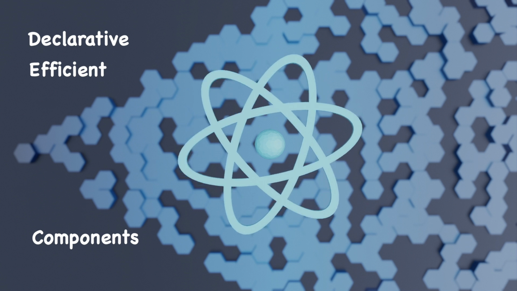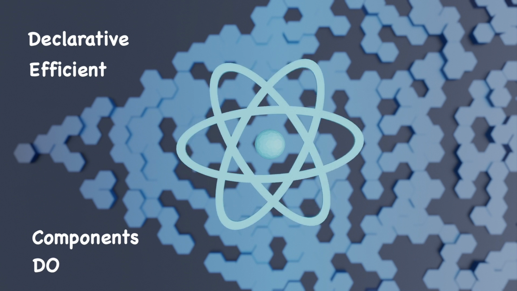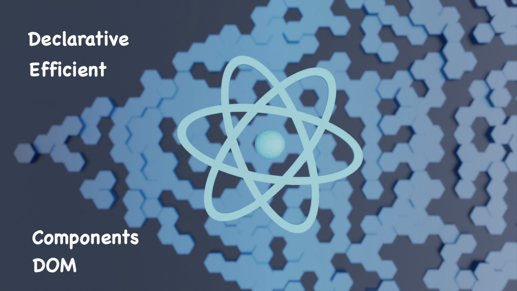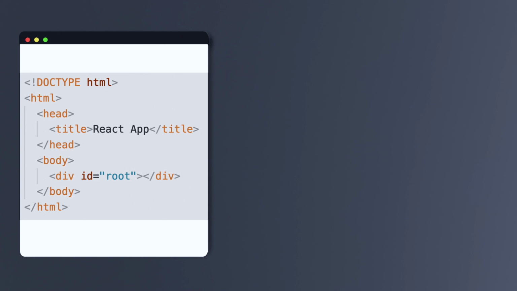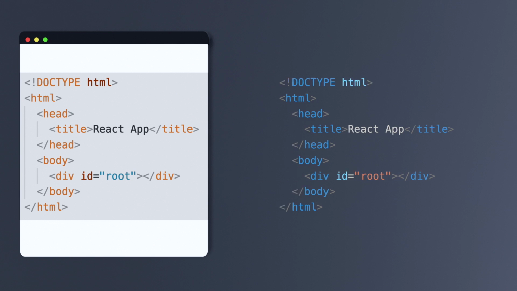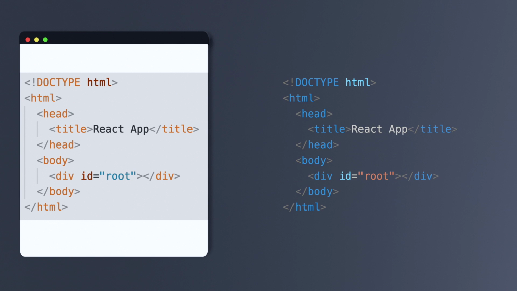To understand how React achieves this, we need to learn about DOM, the document object model. Let's take a look at the page in browser with this HTML code. When it's parsed by the browser, it's turned into DOM like this. As you can see, in simplest cases, DOM looks like the source HTML of the page and represents the UI of your application. But usually it differs a lot since JavaScript can manipulate the DOM to provide dynamic behavior to